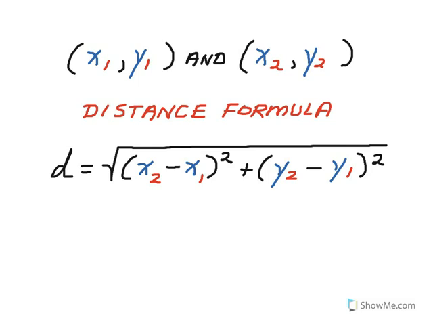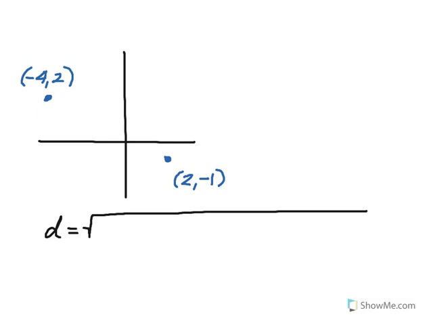joins those 2 points. Now, the distance formula comes directly from the Pythagorean theorem, and it's just the Pythagorean theorem reduced to a formula when you've got ordered pairs. So let's say I want to find the distance between these 2 points that are labeled on the coordinate plane. You can imagine that those 2 points connect a segment that is the hypotenuse of a right triangle. And if we sketch in the right triangle,